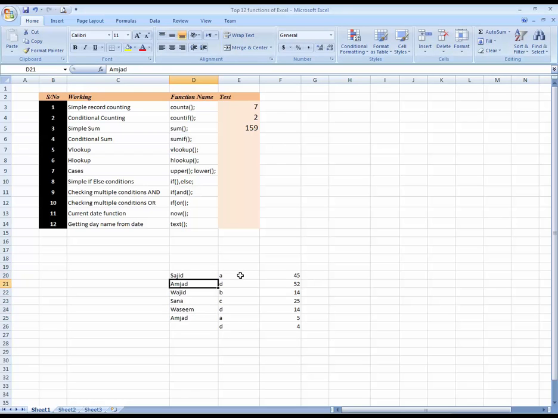I'm going to repeat these. Okay, I'm going to calculate the sum of each salesman.